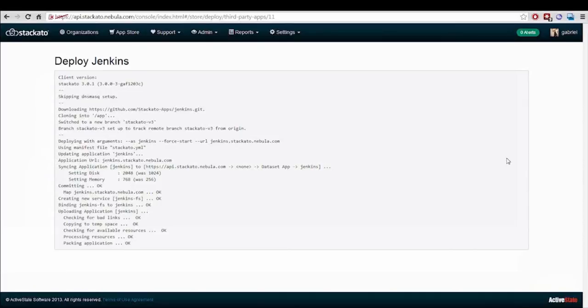And then it's going to go ahead and upload the application itself and go through the whole process of deploying that and staging it and then executing it. It doesn't take too long here. So we're at the staging phase now. And once that finishes, end of staging, once that finishes,